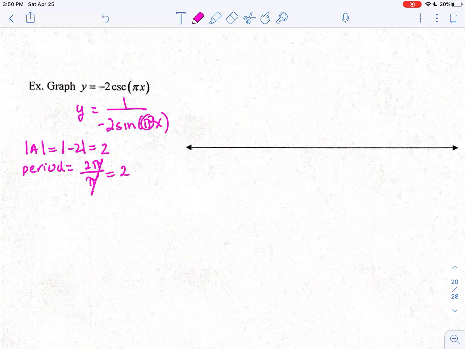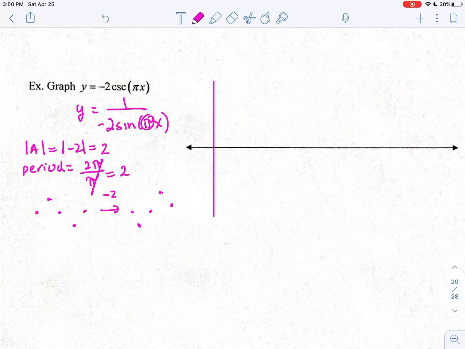And then finally, what does the negative do in front of the 2? It flips the sine function. So instead of my function looking like a hill and a valley, it changes it. So the negative 2, what we're going to see is that my valley comes first before my hill for each cycle. So let's go ahead and put in our